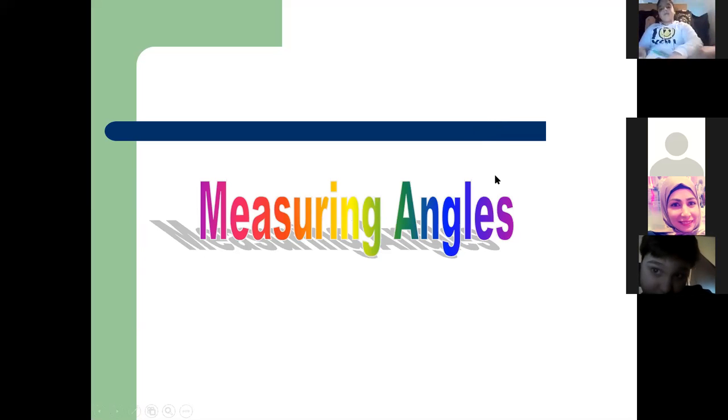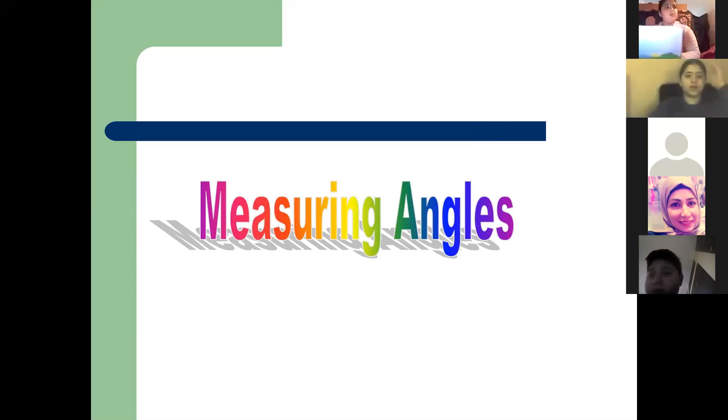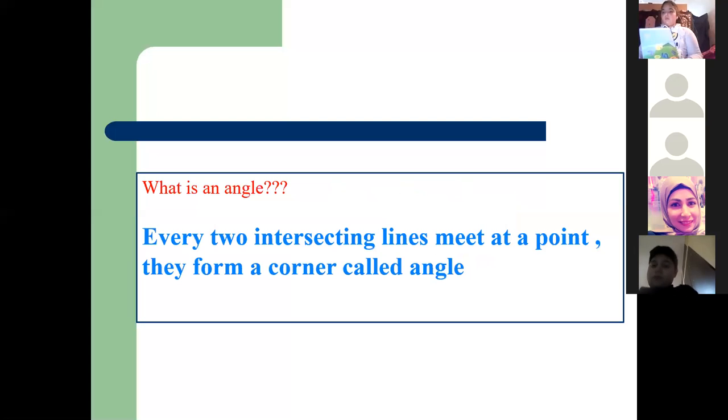So our lesson today is about measuring angles. What do I mean by angle and how do we measure angles? What are the types of angles? So in this lesson we will learn how we use a protractor to measure angles, we will know the types of angles, and how we name an angle by using the 3 letters. Step by step, first of all, what